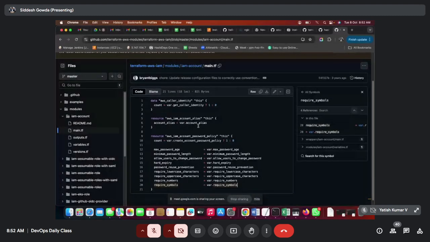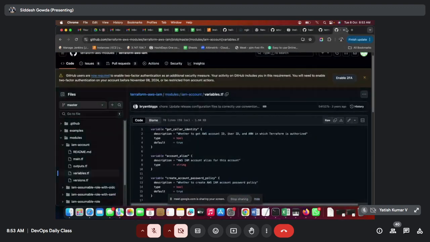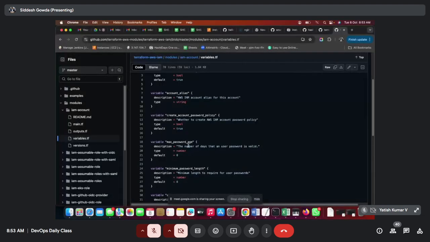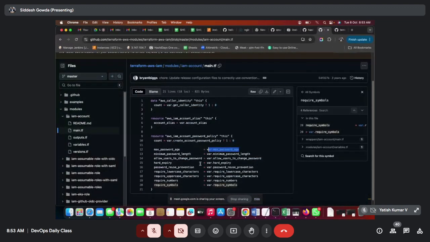No, they are not used. Var max password age is used, right? We can see here max password age. This will be the parameter. The description they provided is the number of days that a user password is valid. For that reason they use this variable. It is a number, and by default it's 0. As per your requirements you can modify it and provide the values. Similarly,